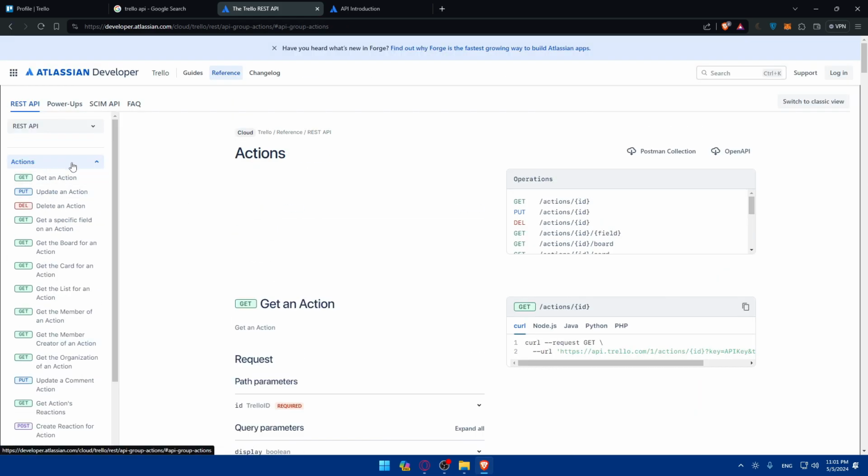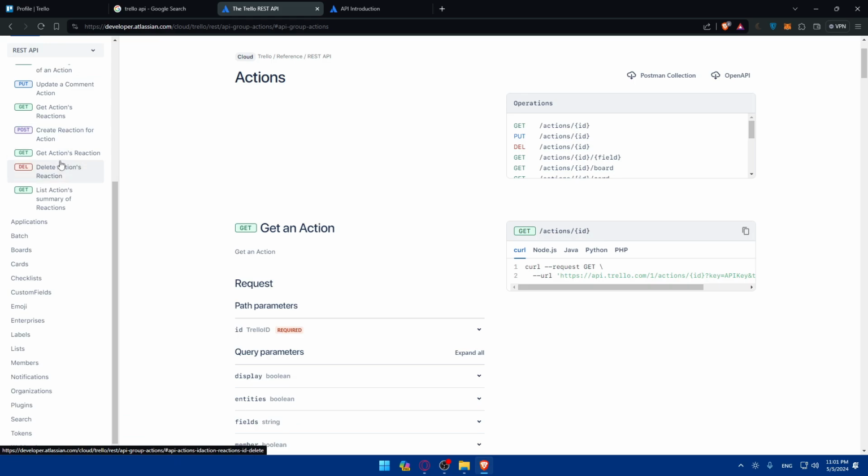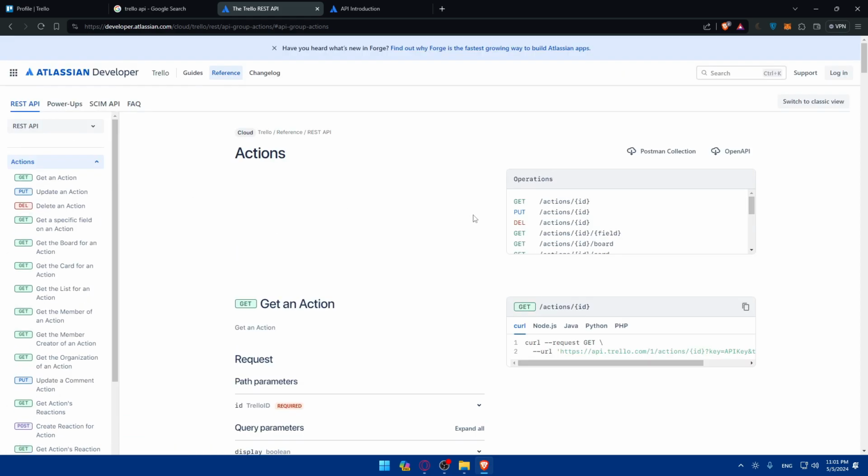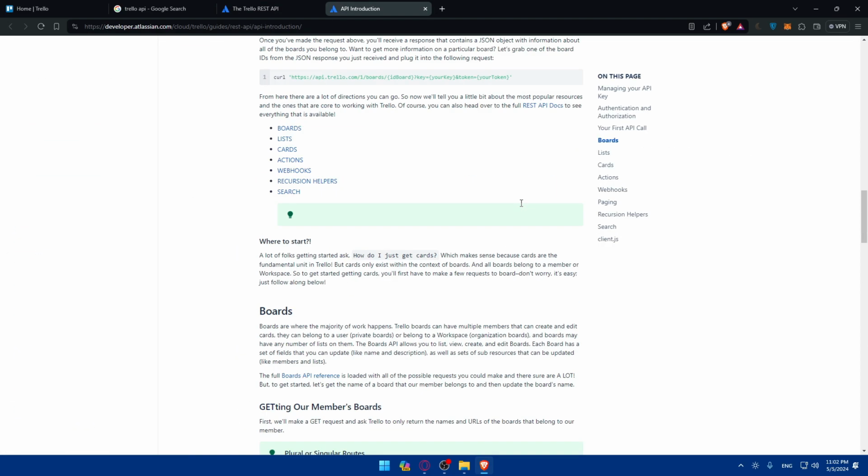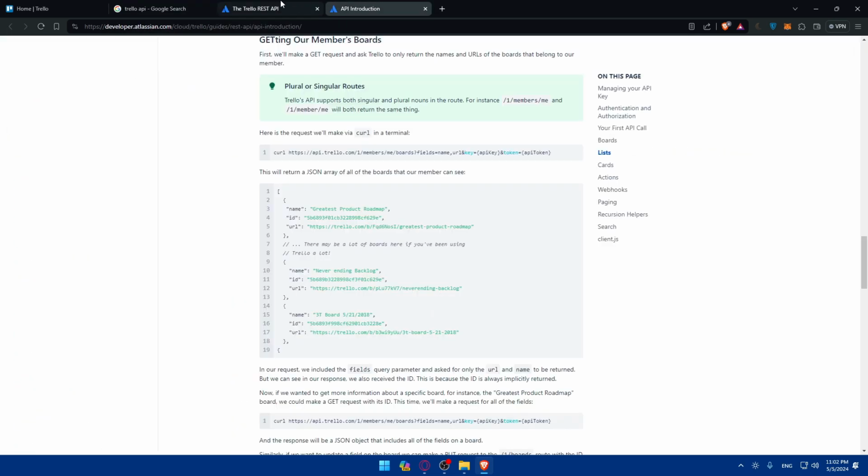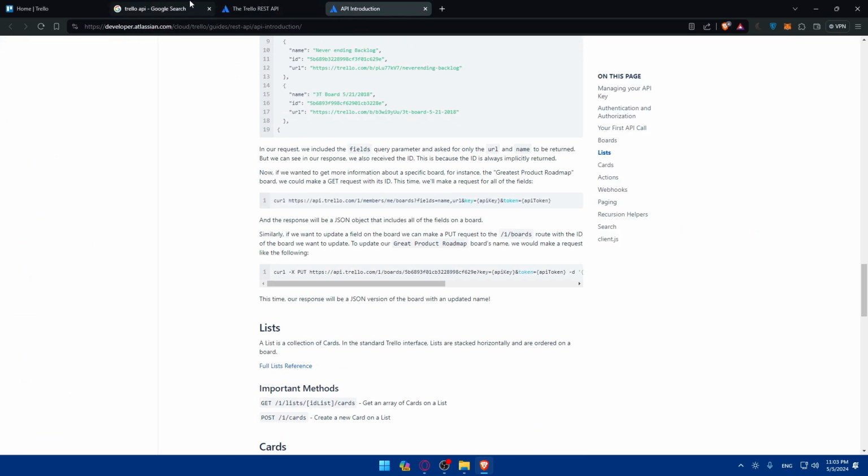Of course, if you're looking for something specific here, you'll be able to see it. As you can see, all the things that you want about this API. And as you can see in here, this is basically how to use the REST API and an introduction to it. So now if you want it, all you need to do is simply go to